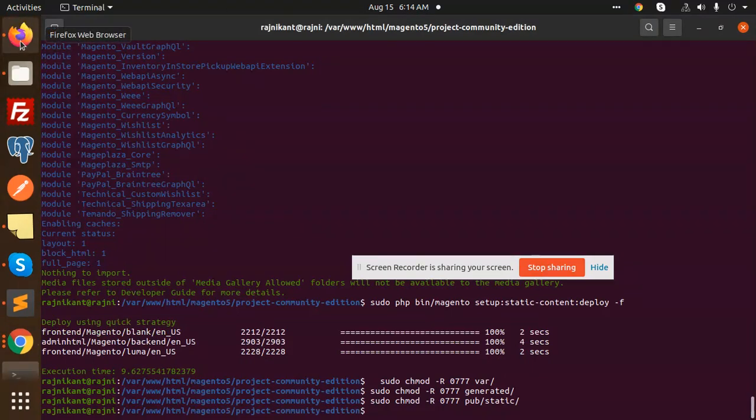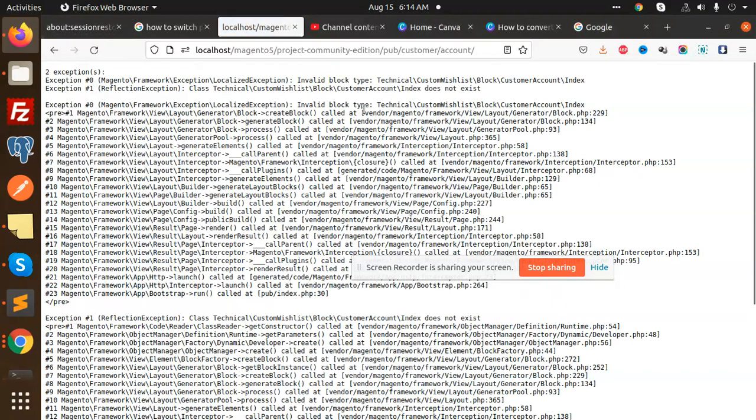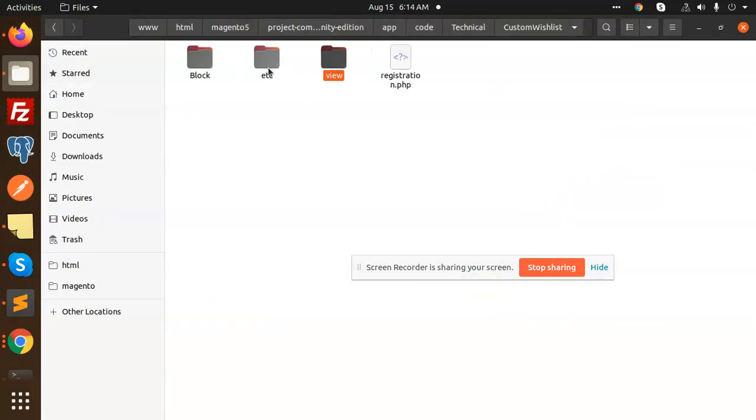Okay, so this part is done. Let's have a look at that one. Is there any pattern? It says invalid block type, technical custom wish list, customer account index class, technical custom wish list, customer account index does not exist. Okay, so here we go with which one, block customer account,